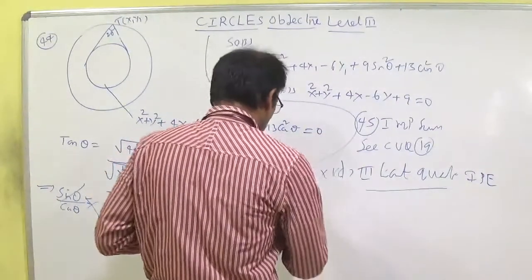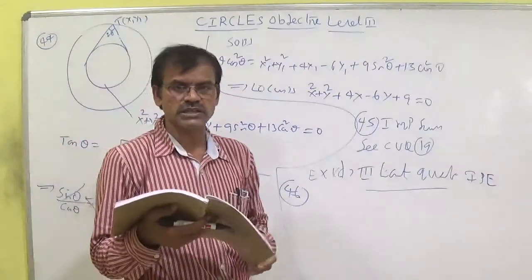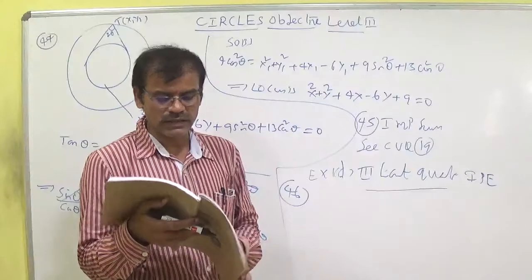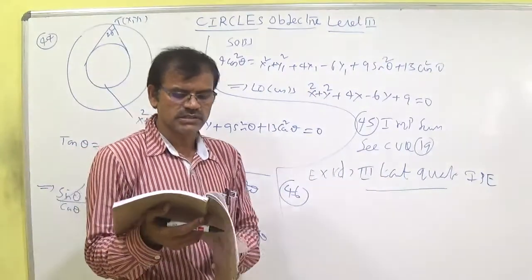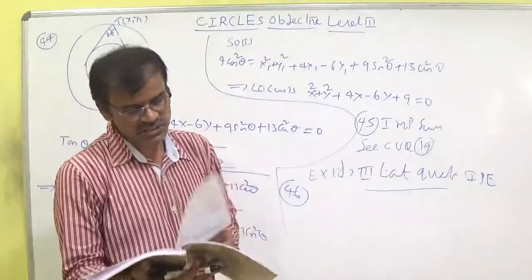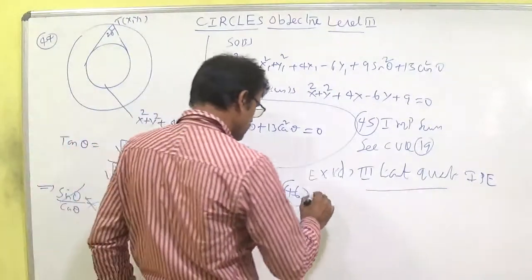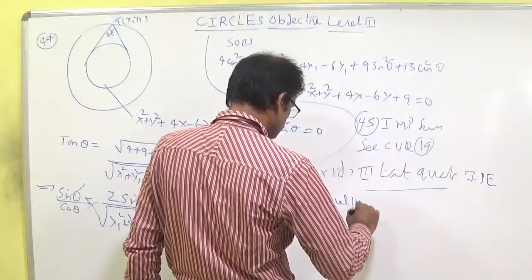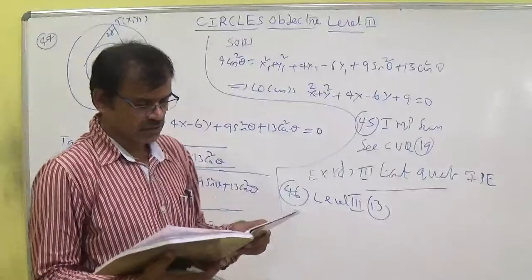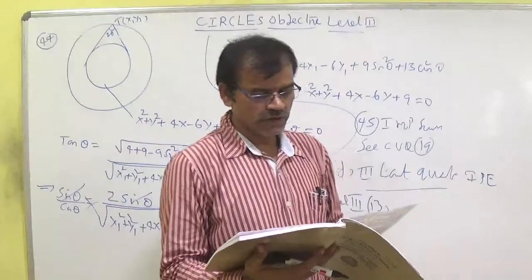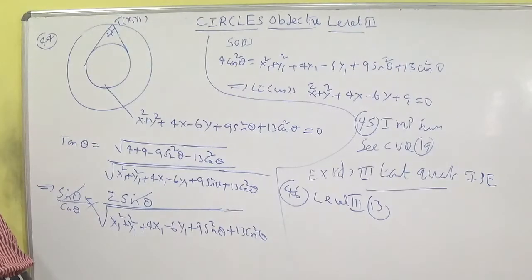Okay, let us discuss the 46th question. A circle C of radius 1 touches both axes. Another circle of radius greater than this C touches both axes as well as the circle C. Then find the radius of the other circle. I think it is in 16, already we have completed. In level 1, 13, see in level 3, 13, same question. See the notes of level 3, 13. So 46 is completed. Now let us discuss the 47th. This is also a very good conceptual question.